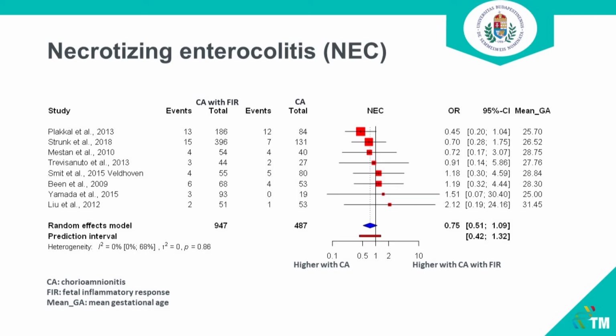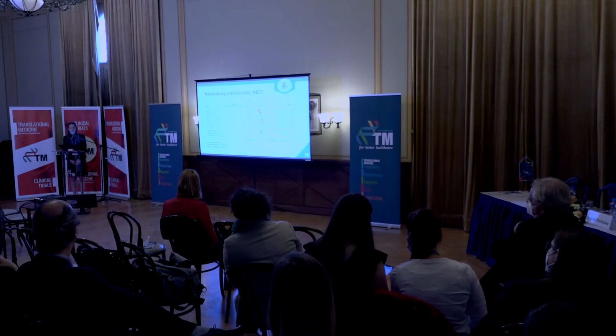These are studies from different institutions with most probably different feeding protocols as well, and necrotizing enterocolitis is highly dependent on the local feeding protocols. And the other thing is they all reported necrotizing enterocolitis from stage 2 according to Bell's criteria, which is quite a mild form of necrotizing enterocolitis,